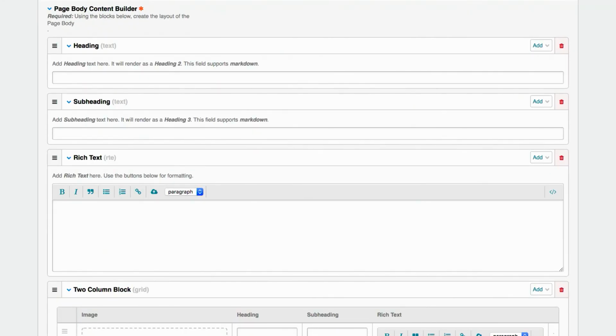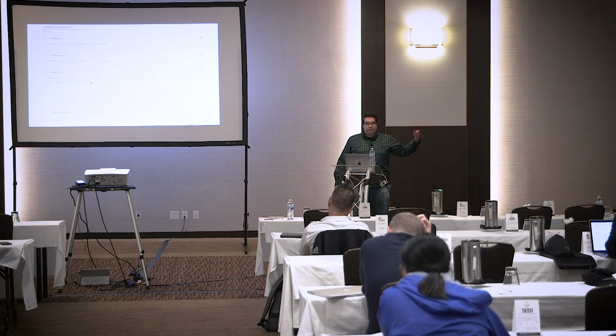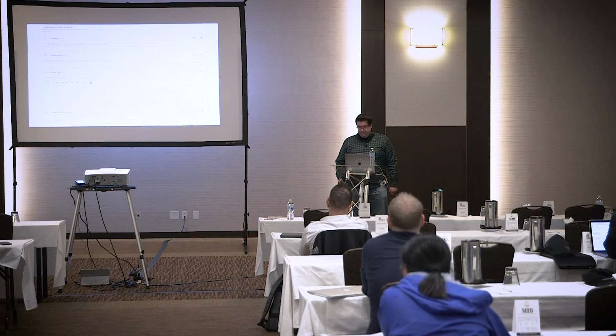The other thing, as we mentioned, if we have a fluid field in one spot, we want to have similar functionality in a block field somewhere else. We want to be consistent, make sure that interaction is the same across the board. Same thing with Craft. If we're using something like Matrix and something like Neo, we wouldn't want to cross those up if they're going to be interacting the same way across the site. So it's a service to the client when everything works the same way. So being consistent is really important for their sanity.